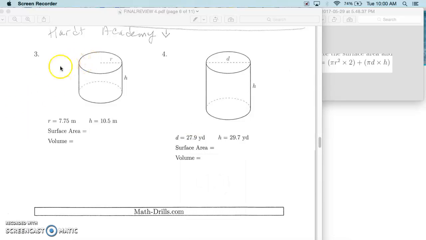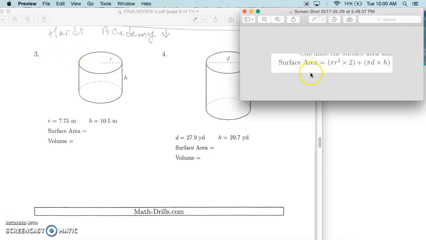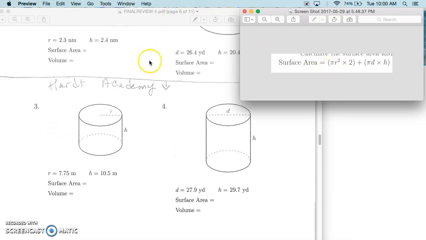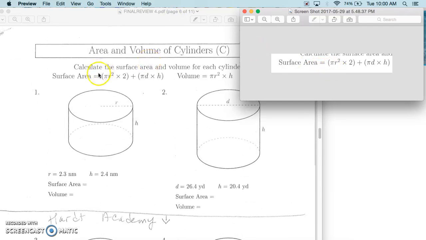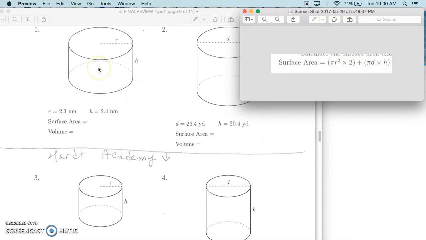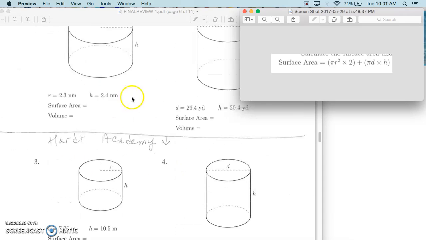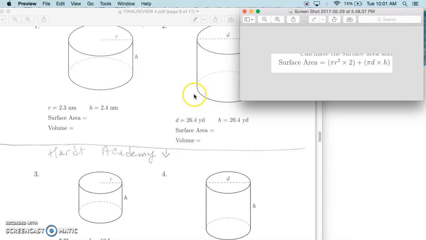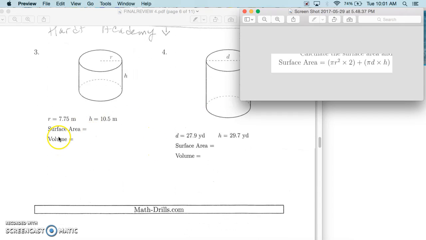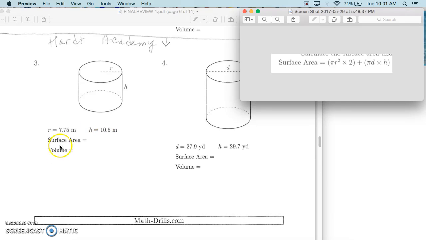Okay, so I think this is part 4 of packet 4, and I'm picking up with surface area of cylinders. So this is our formula, which is on the top of your page. This is the page I am on from your packet of part 4, and I'm going to do the surface area, which I've copied the formula over here, so I can scroll down and do the surface area of these two problems that are down here. Your job is to focus on these two on your own after I demonstrate these two for the Heart Academy